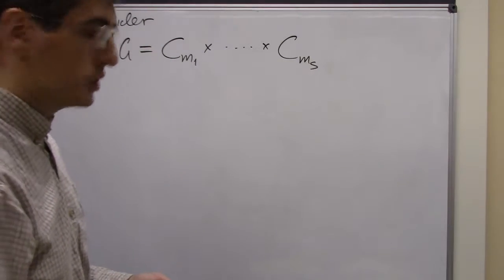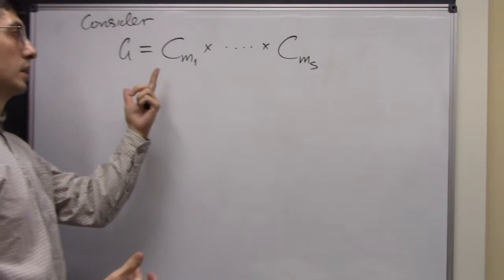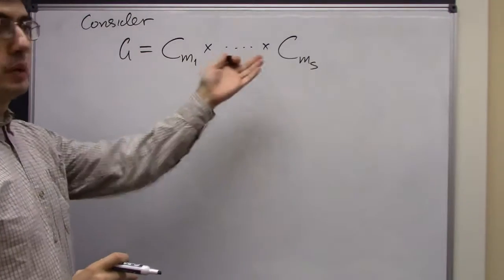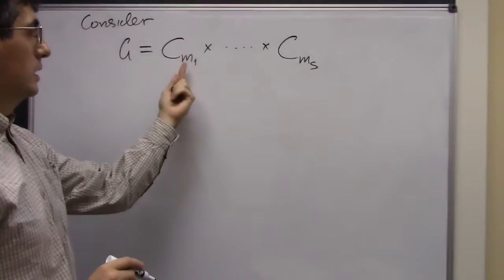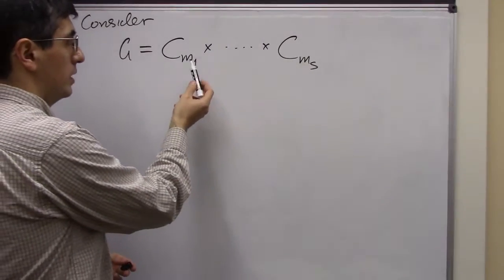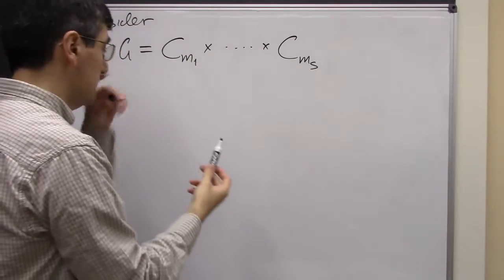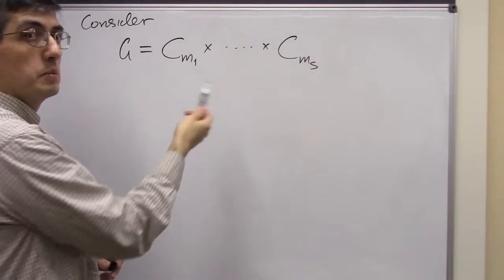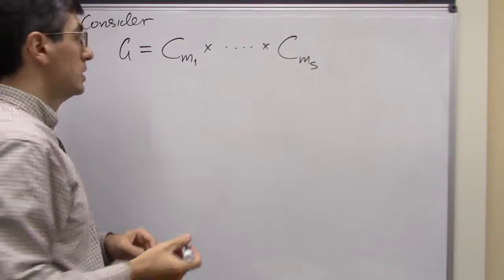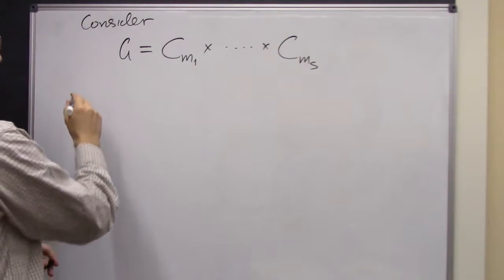We can ask the following question. What is the smallest number that kills every element in this group? Right? Well, the smallest number that kills every element in a cyclic group is the order of the group itself. But if you have a direct product of cyclic groups, you just need a number that is divisible by the orders of all the cyclic groups. So the fact from linear algebra that we need is that,